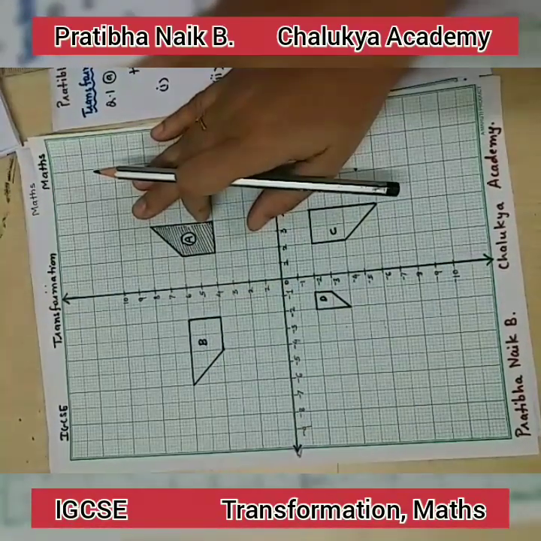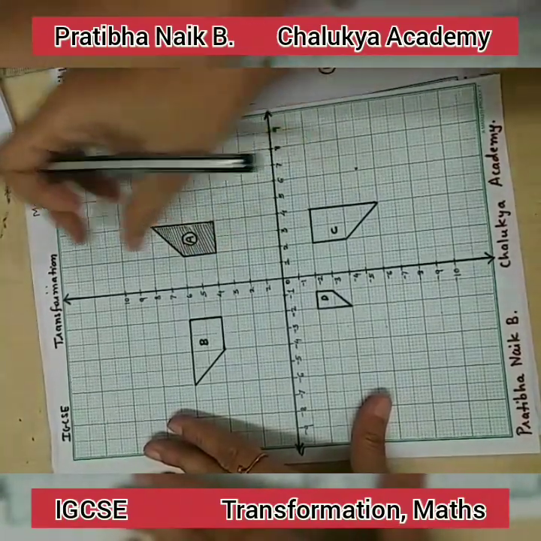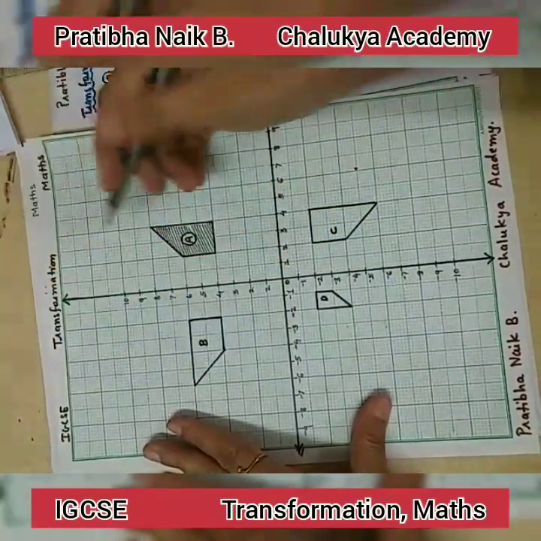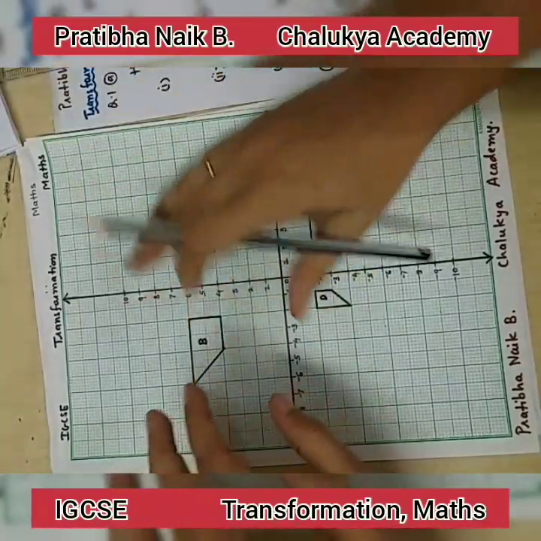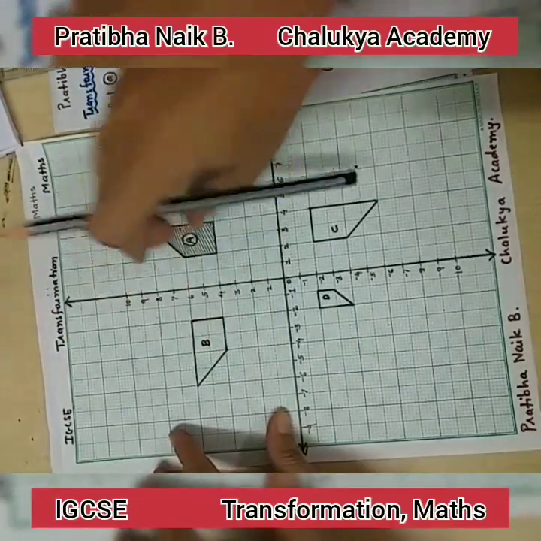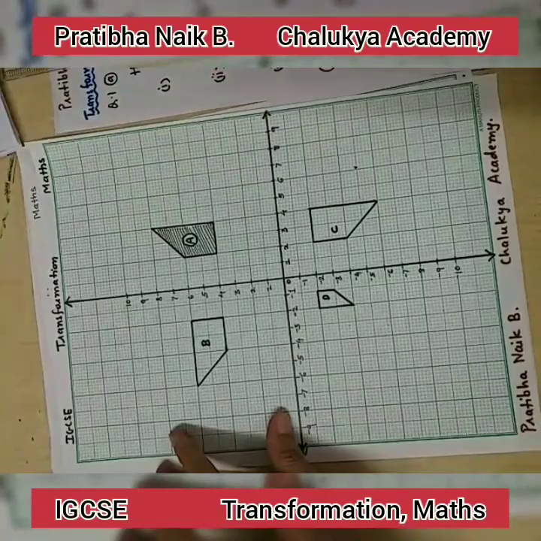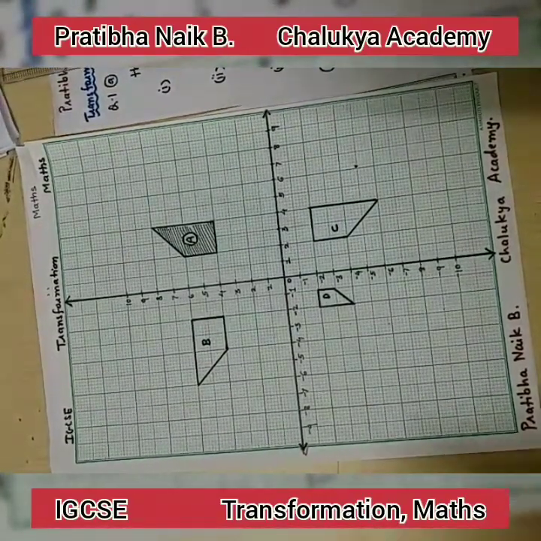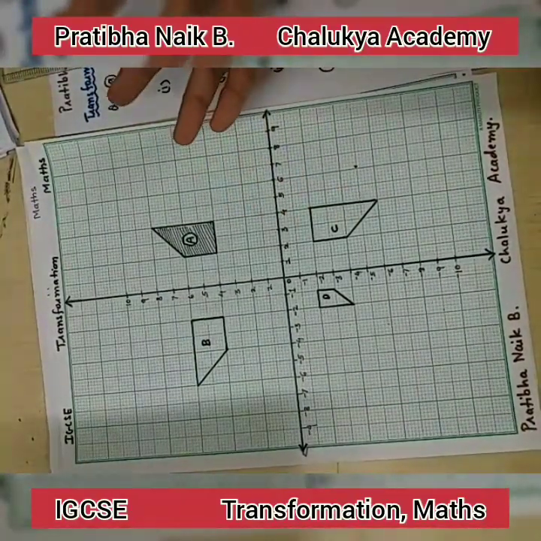Next is translation. In translation the object will move either upward, downward or sidewise. It will not rotate, it will not change its direction. So it might be a rotation, because in case of rotation the direction of the vertex or point of the given shape will change. To identify the rotation, we have to come to a rough conclusion about what kind of transformation it would be.